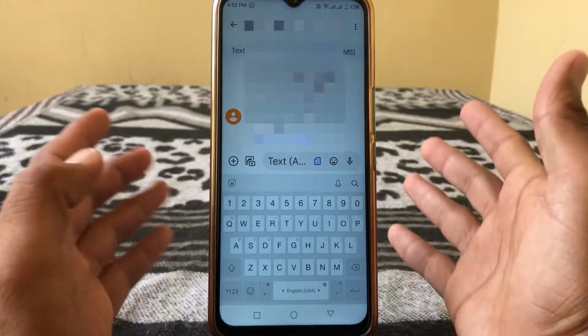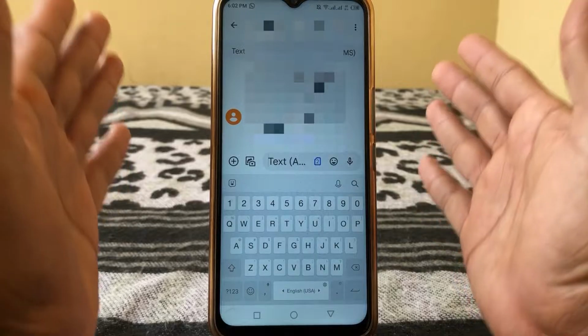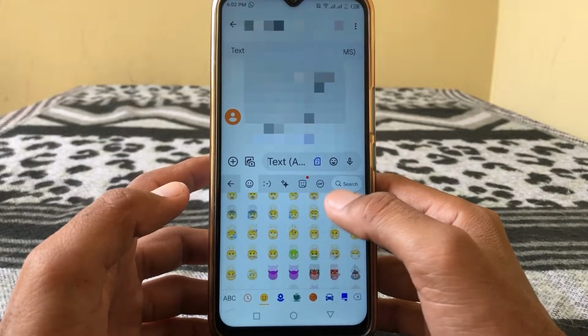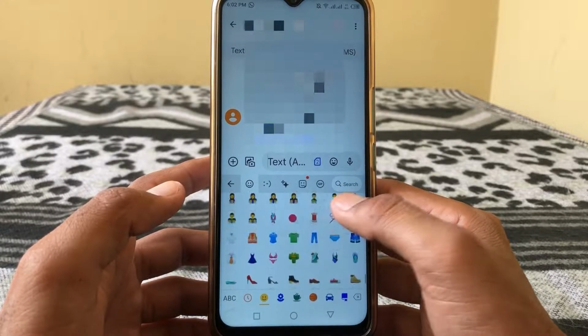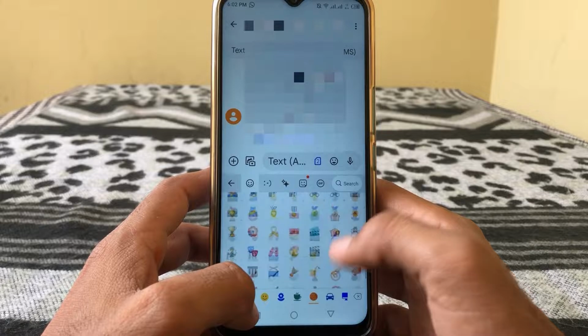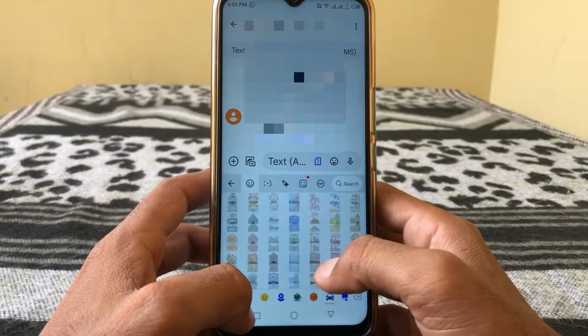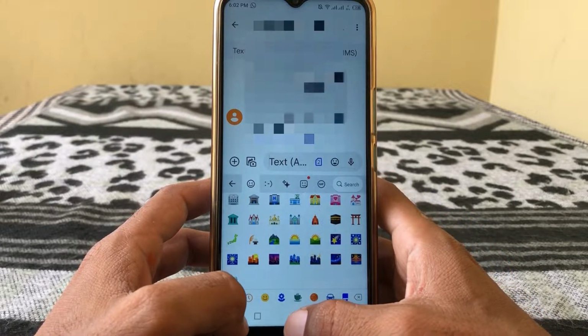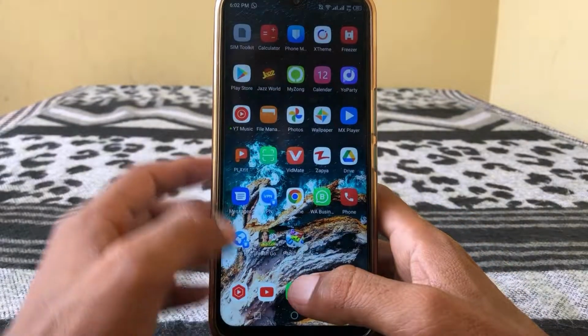So guys, in this video I'm gonna be showing you how to get missing emojis on any Android phone. So guys, here you can see, here are my first emojis. So you can see here are the emojis. So you can see here some of the emojis are missing from my keyboard. So what you have to do is just simply close this page,